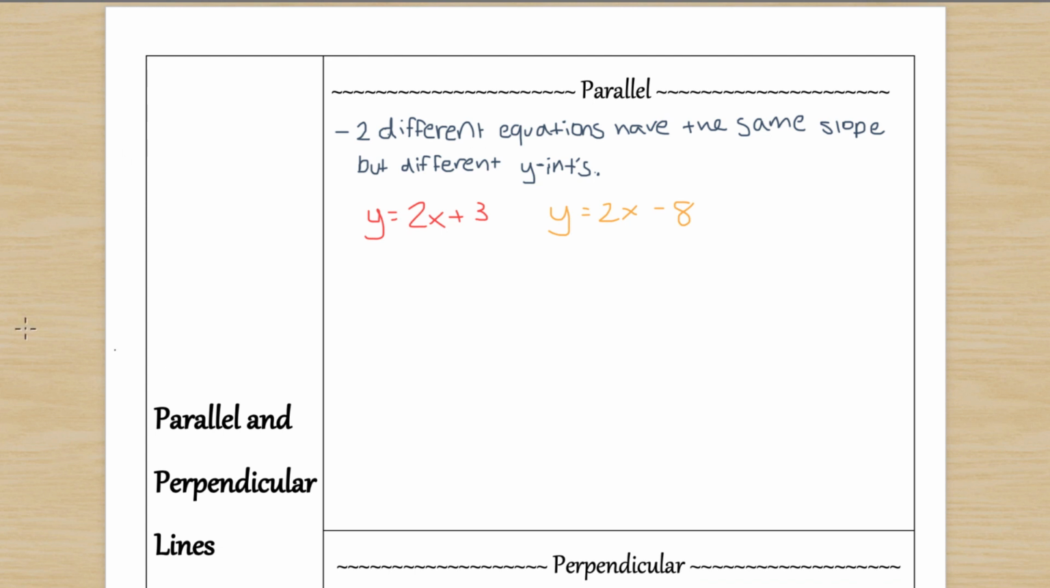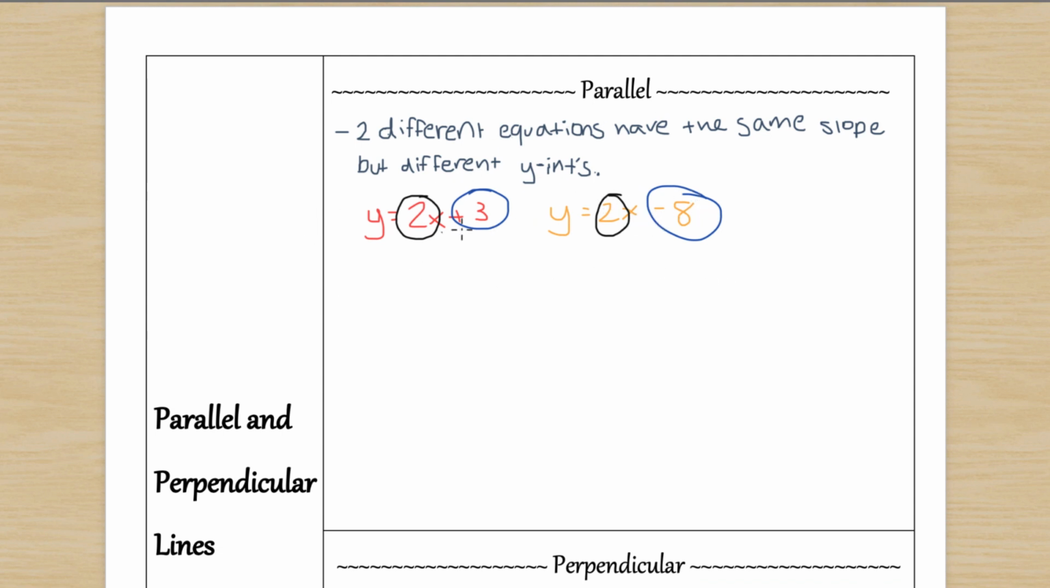And so over here you can tell that these equations are in slope-intercept form. So all we have to do is look at the coefficient of x to get the slopes. The slope for this one is 2 and the slope for this one is also 2. So that tells us, since the slopes are the same and the y-intercepts are different, that these two are